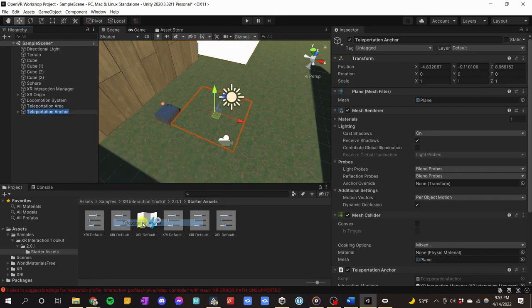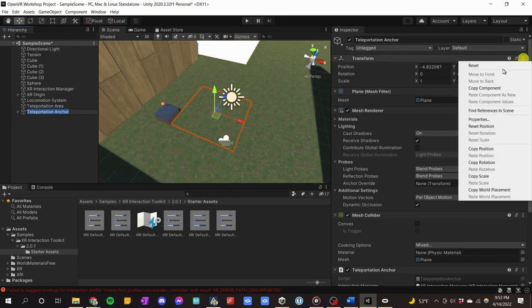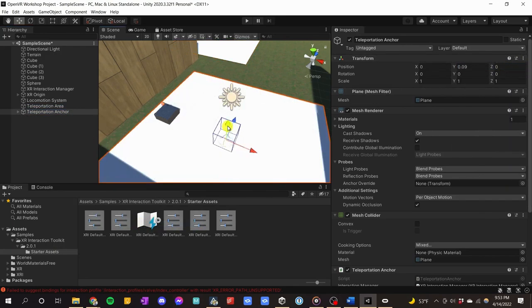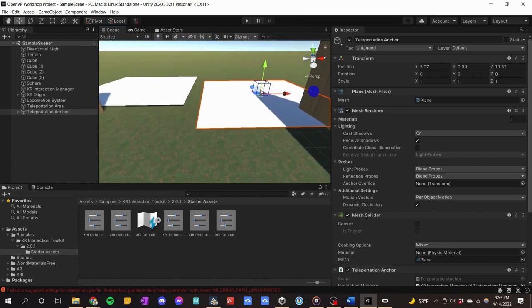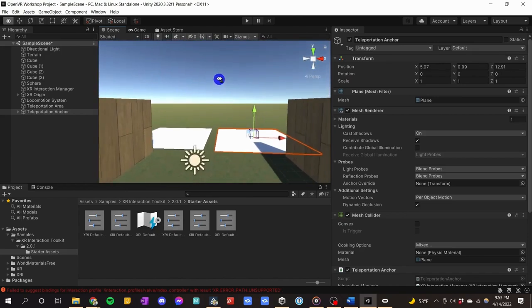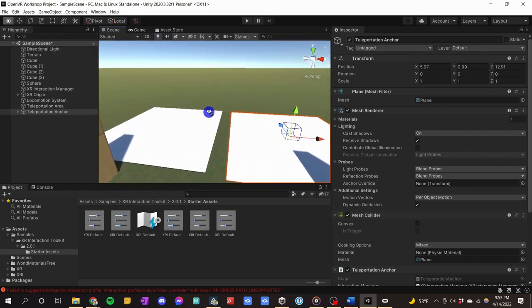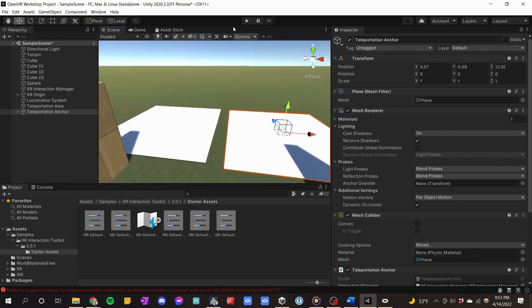Just go to XR, teleportation anchor, 0 it, move it up a little bit so it's not clipping, and move it over to the right side. You'll see the main visible difference immediately is that the teleportation anchor has a weird little box in the middle. What could that be? Well, if we put on our VR headset and then press play,